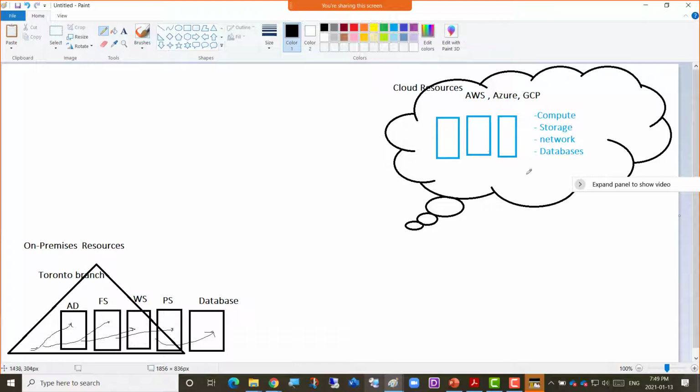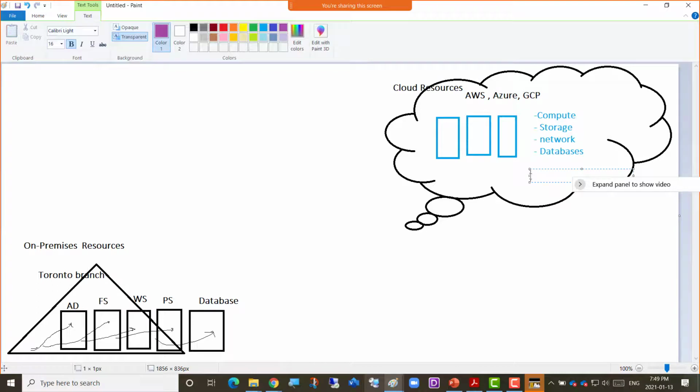Now the company decides that, okay, since every other company is saving millions of dollars going to the cloud, how about I purchase some applications in the cloud as well. So your on-premises company decides to purchase some applications, not only some applications, but we're going to create databases there, or we're going to upload some data up in the cloud as well.